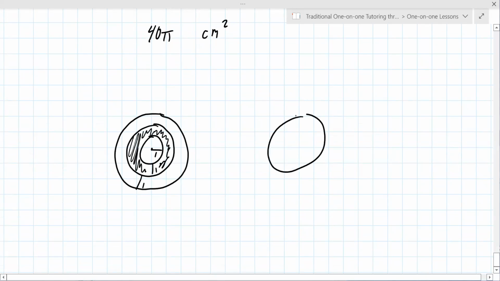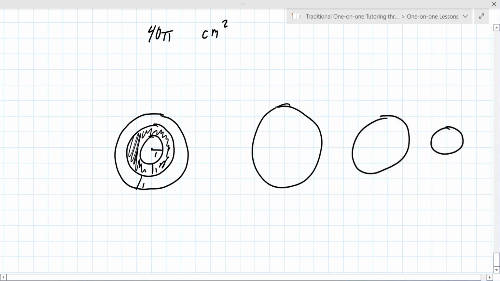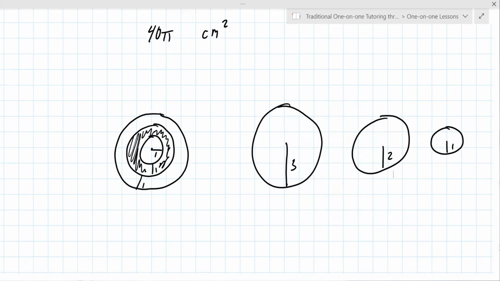Draw the actual circles. You draw the 3 that you see: the little one is 1, the next one is 2, and the last one is 3. We don't have time to go through that, but I just wanted you to see that you really do need to